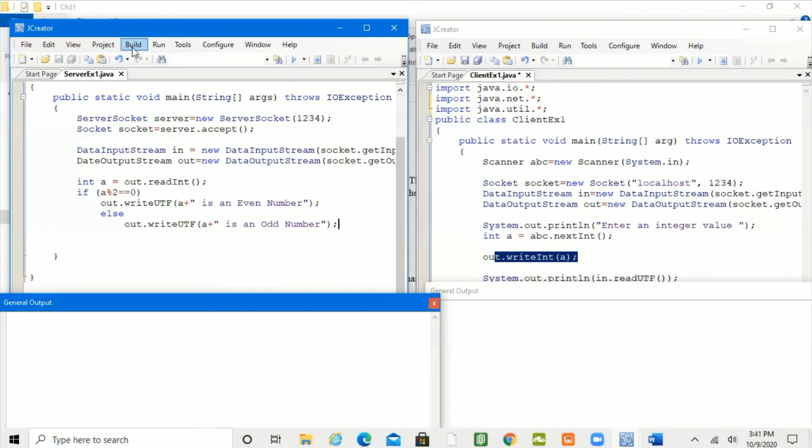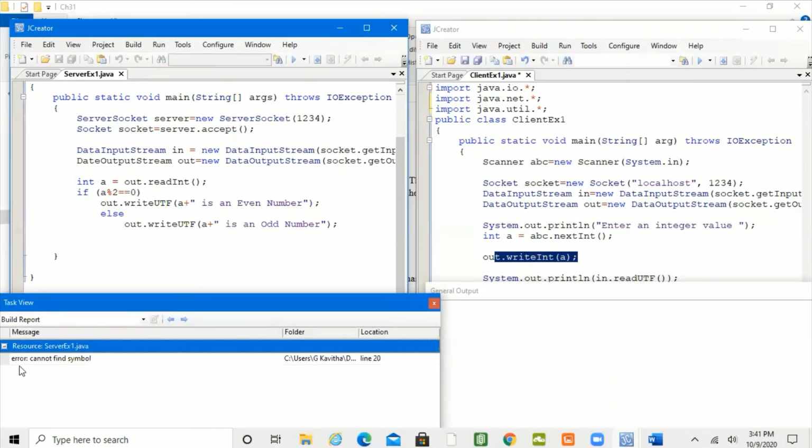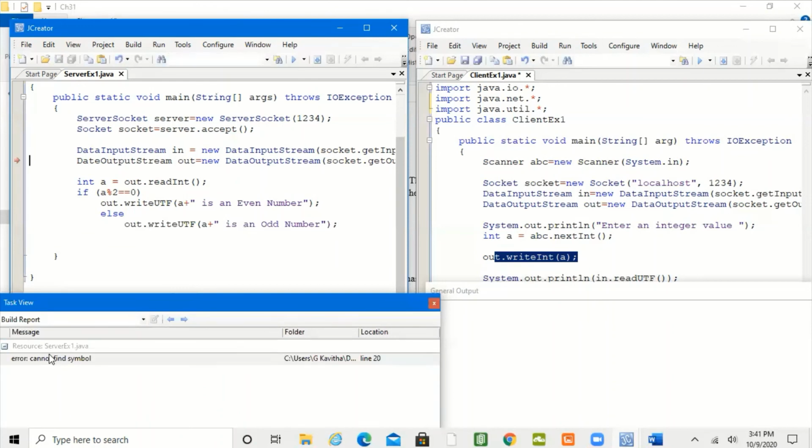So let me try to find compilation issues. I'm compiling the server program first. Spelling mistake.